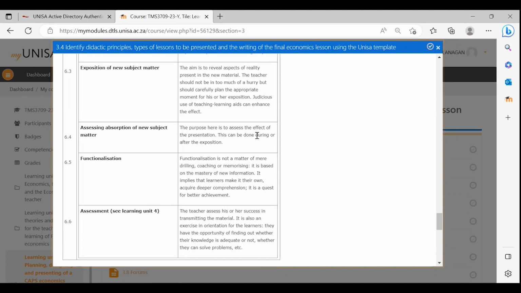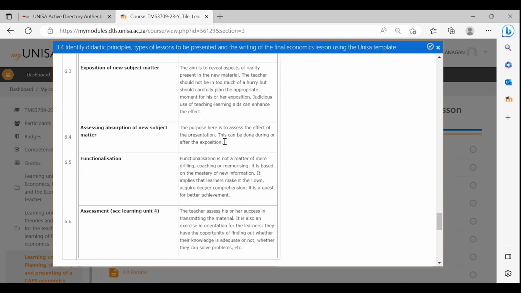This can be done during or after the exposition. That is through constant questioning. Then functionalization, what is that? It's not a matter of mere drilling, coaching, or memorizing. It is based on the mastery of new information. It implies that the learners make it their own, acquire deep comprehension, and it is a quest for better achievement. And then lastly,